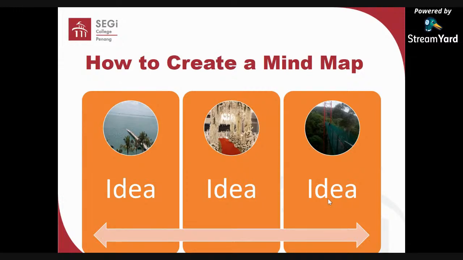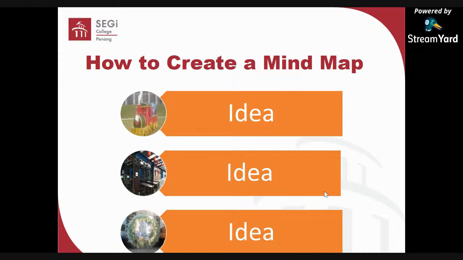Like here, I just put some example. You can draw some mind map, draw some pictures on your mind map to let you understand. Don't just always use the keyword. Some of you like to draw some pictures. Like, you can draw a good hand, or you can just plot out some ideal picture instead of putting the keyword and so on. So this will help you to create your mind map.